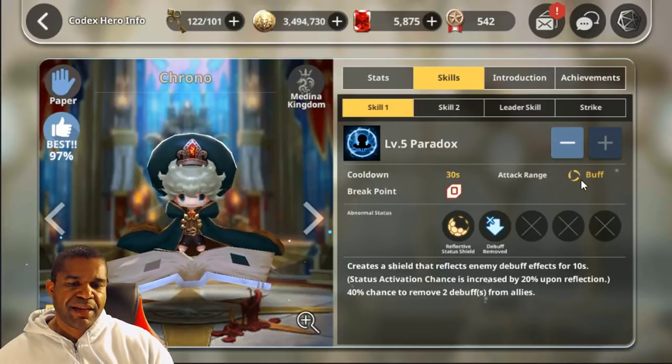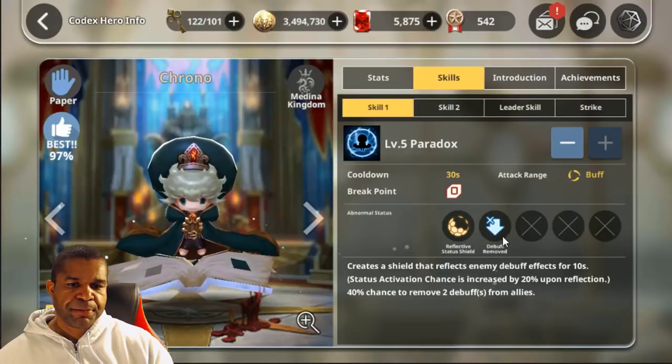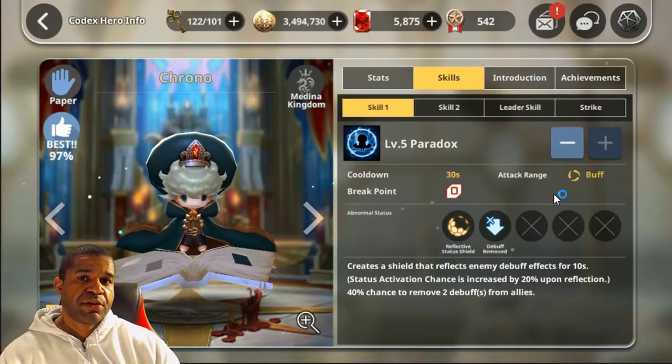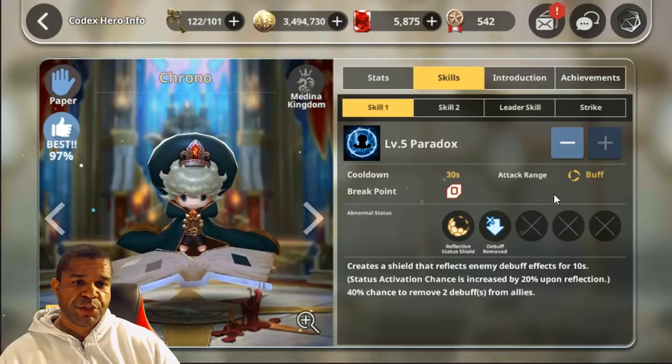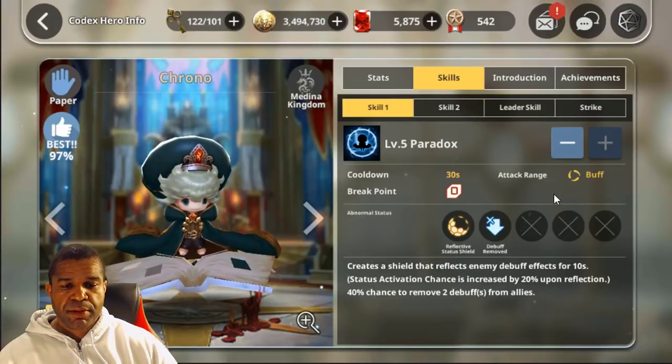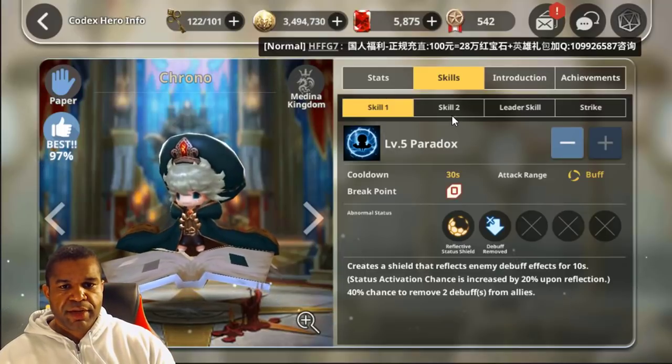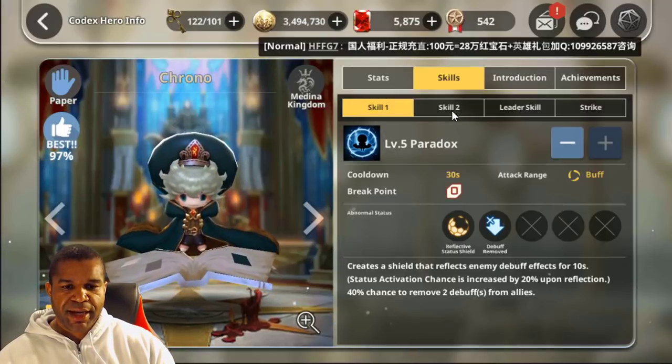Take note that this is a buff, right? This concept of the status reflective shield is a buff here. So with respect to some of the other units that are in the meta, they can remove buffs or they can remove shields. Those are going to be coming into play here, so they can take advantage of it. But again, that being said, it is a really unique mechanic here, and we gotta hand it to this unit,